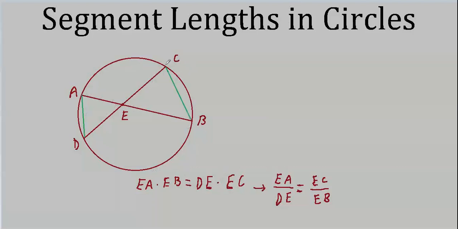Well, what reason would there be to say that these two triangles are similar? We could start with this. Look at the arc DB. We have an inscribed angle which intercepts the arc DB. That's this angle here. Call it ECB. Well, what about this angle? Call it EAD. It also intercepts the arc DB, and it's an inscribed angle.